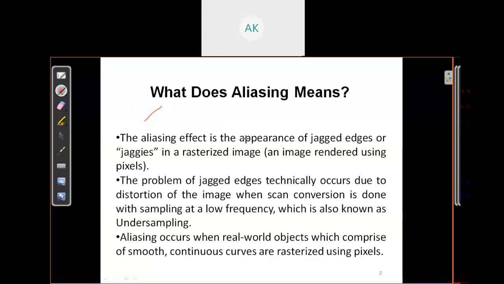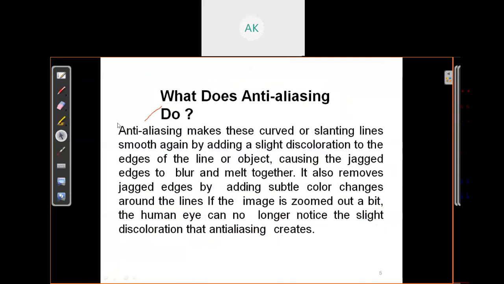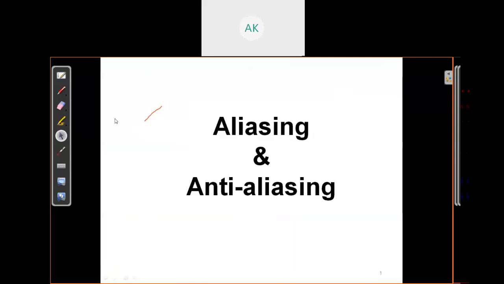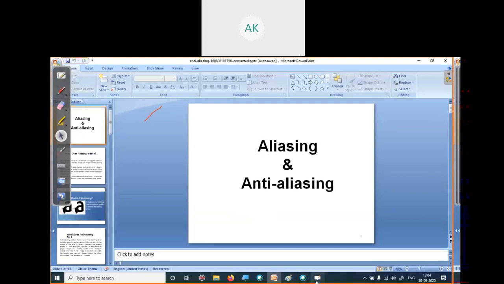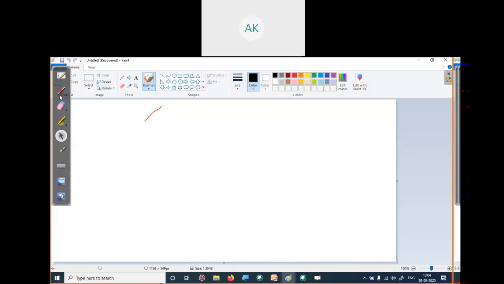So before I read this definition, let's see. When we draw a line on a screen, if it is a horizontal line, we can draw a smooth line.